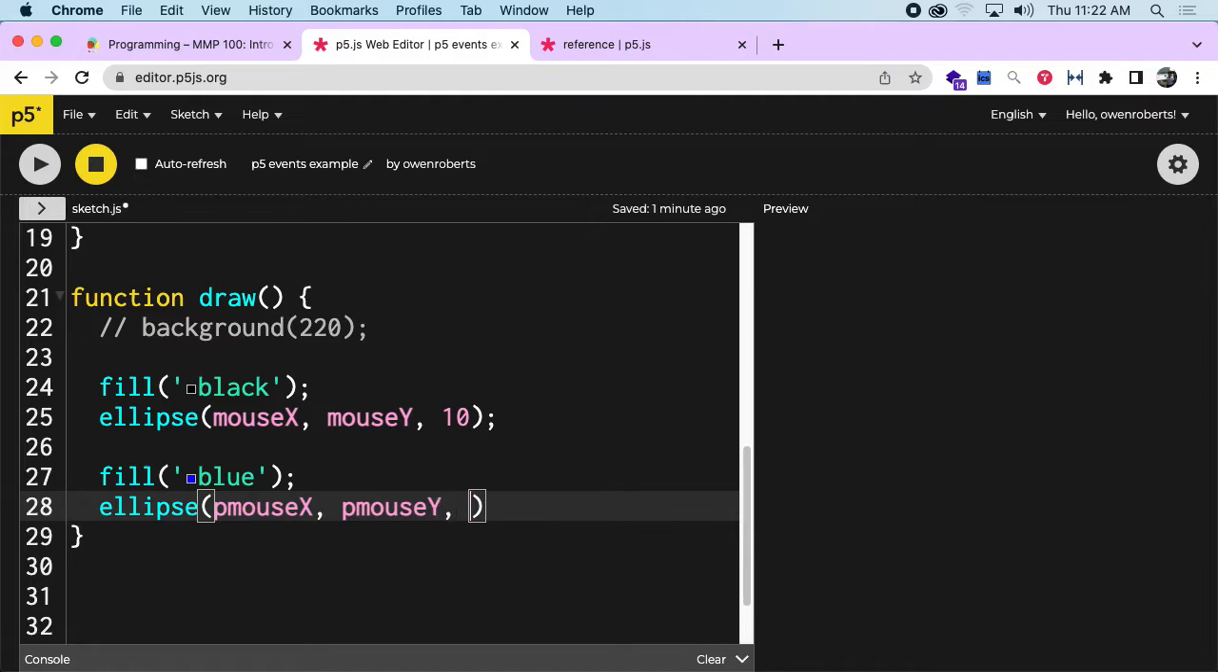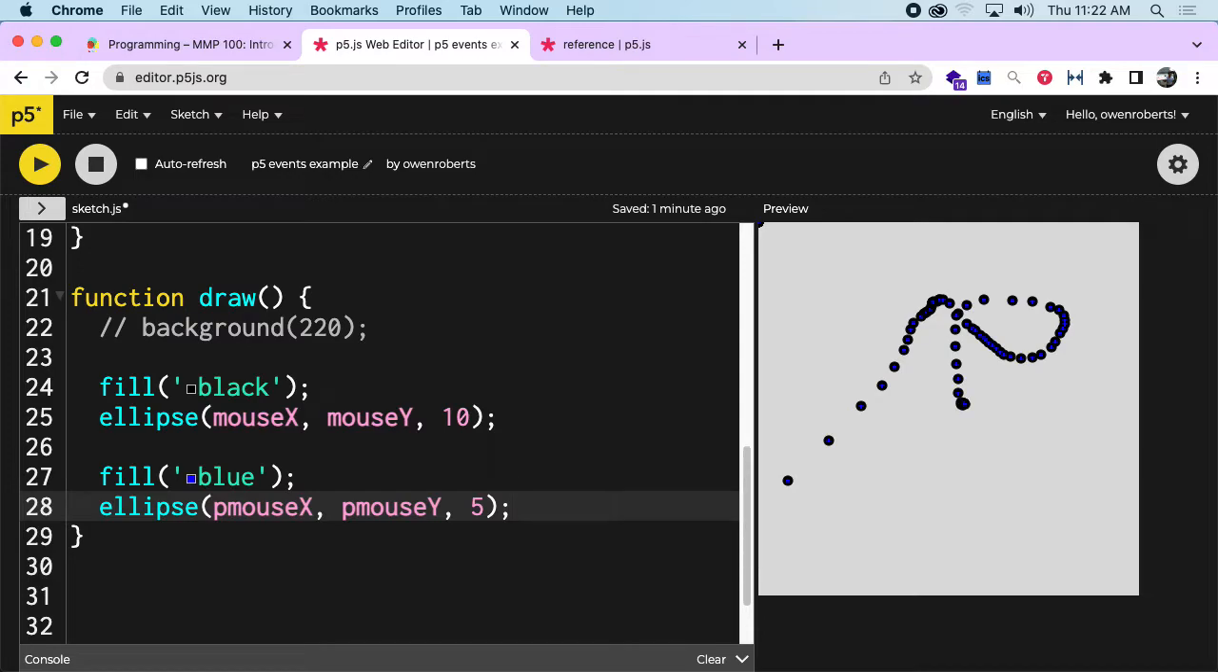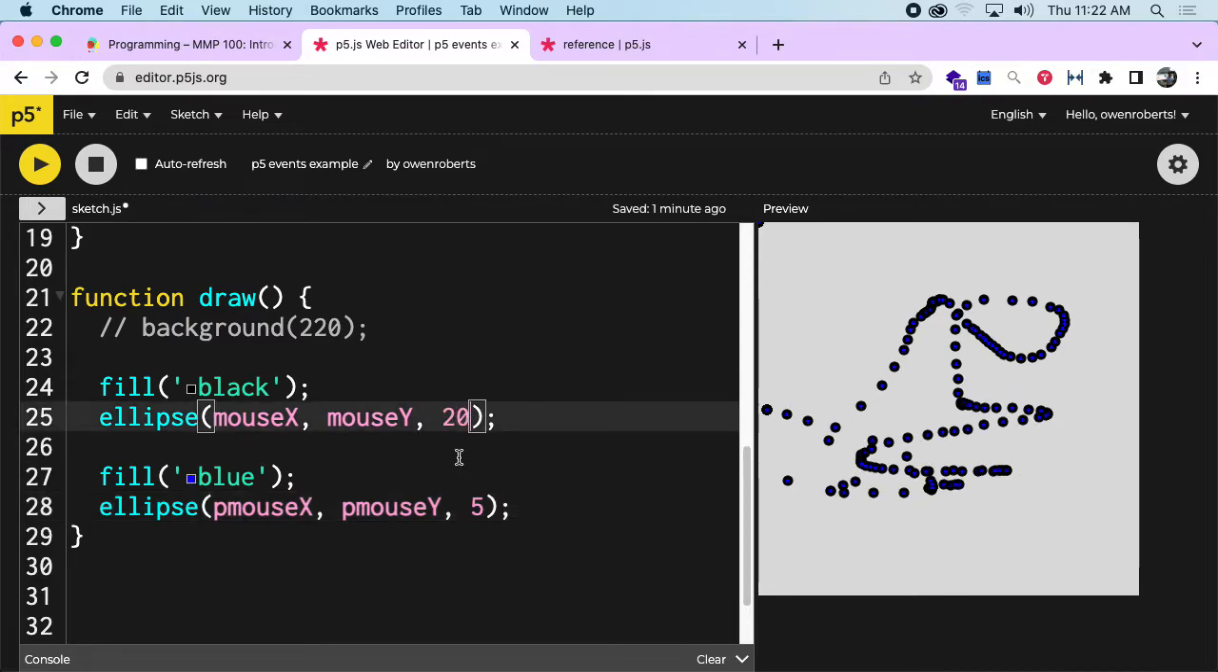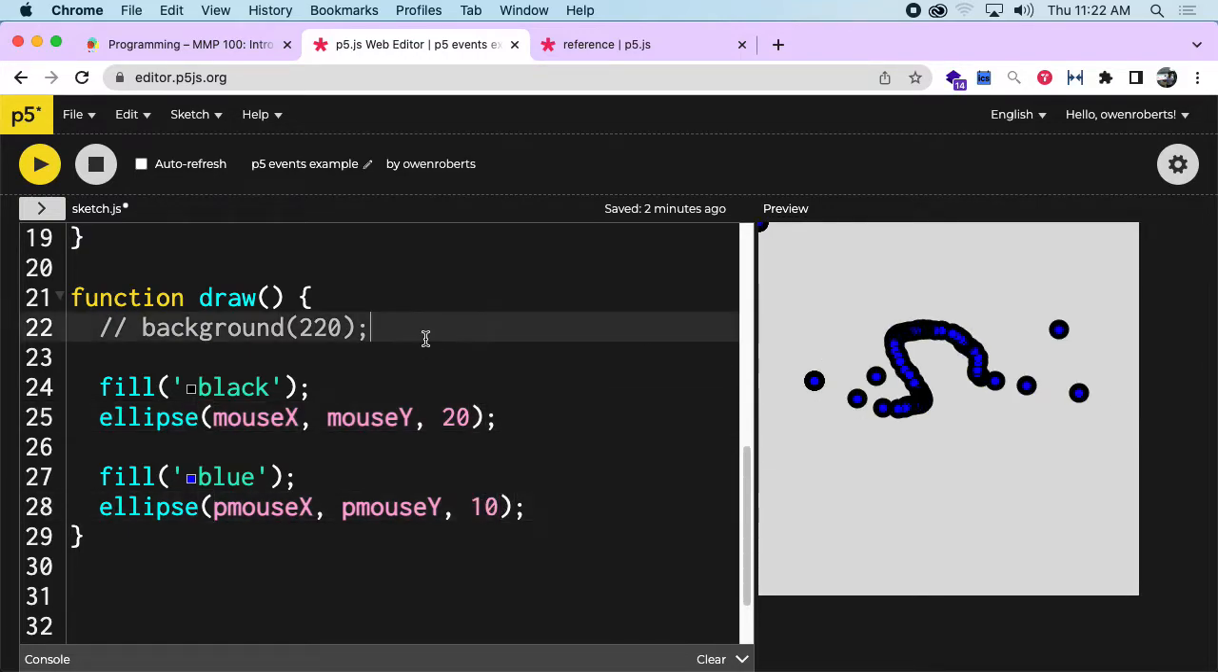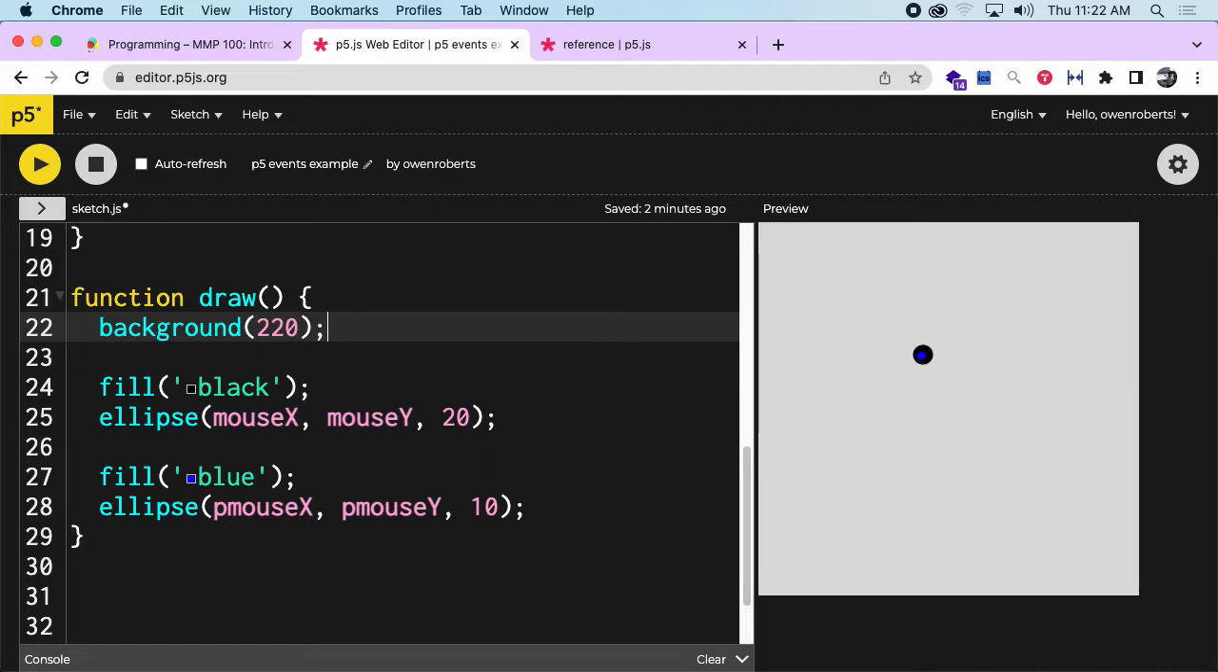So let's draw another ellipse, and let's draw it a little bit smaller so we can see both. We may need to make them a little bit bigger. Let's do 20 and 10. Oh, and let me turn the background back on. Okay, now you can see our little blue circle. Depending on how fast I move the mouse, the little blue circle is just a little bit behind. It's always a little bit behind where